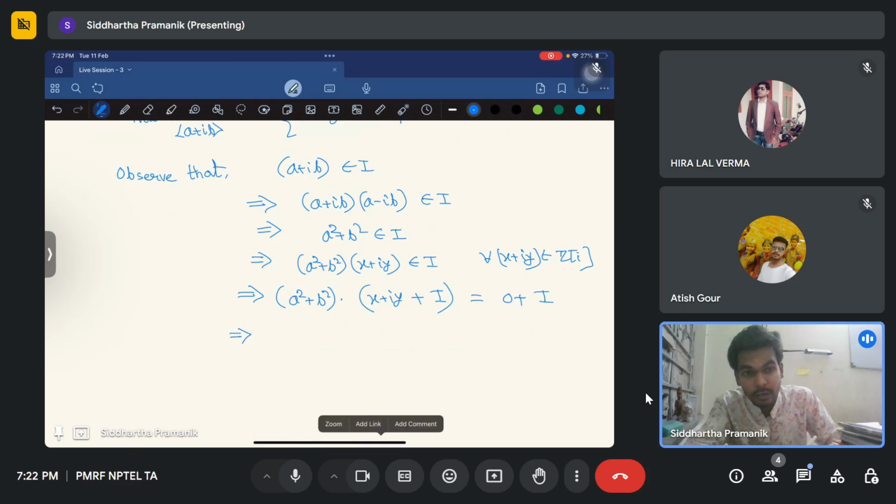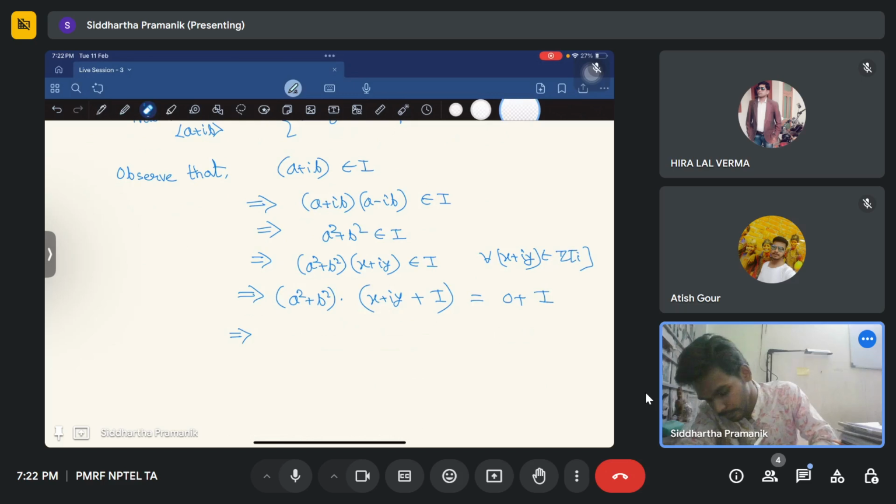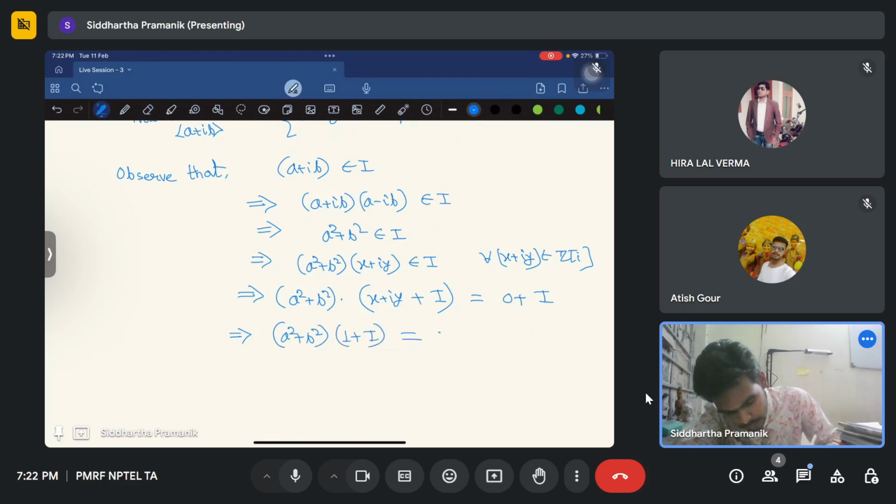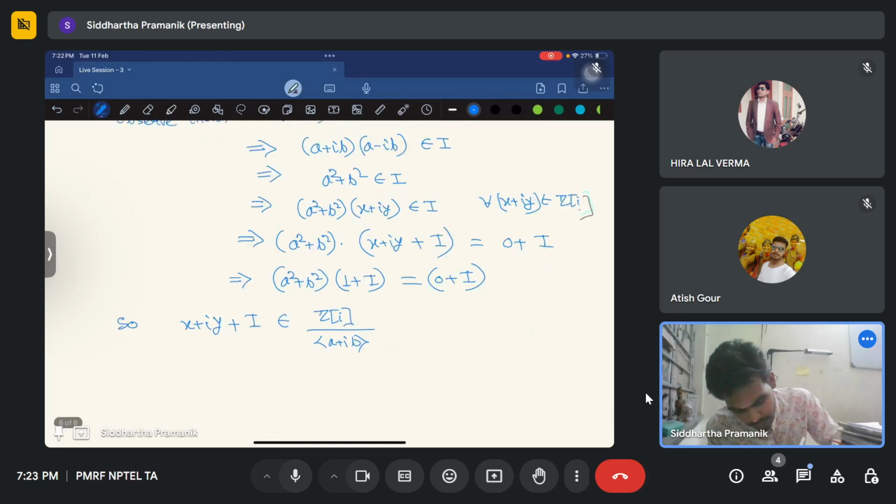In place of x plus iy, we can just take the element 1, the multiplicative identity of the quotient ring. So (a square plus b square) times 1 plus I is 0 plus I. So this says x plus iy plus I belongs to this quotient Z[i] mod (a plus ib),